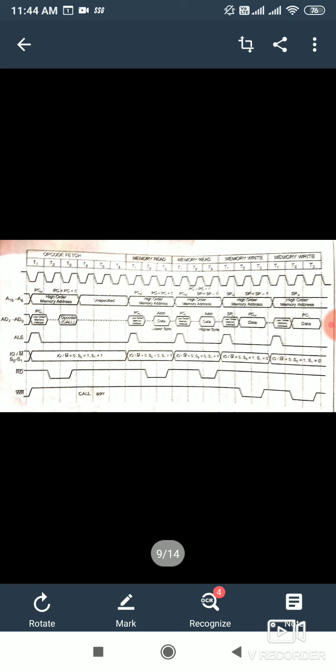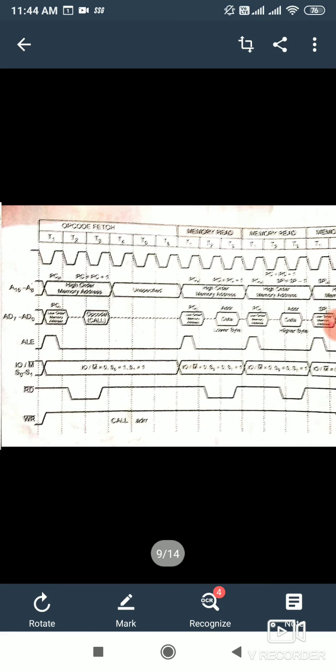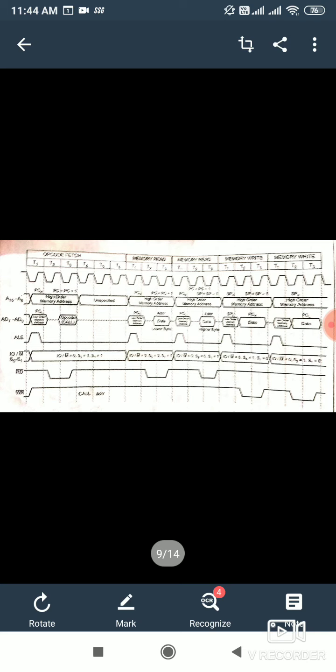Now the opcode fetch has 6 T states. T1 to T6 are basically the opcode fetch, that you know, and after that you have to see how many bytes the instruction is. It is a 3 byte instruction. So the next 2 bytes would be memory reads to read the 16-bit address.